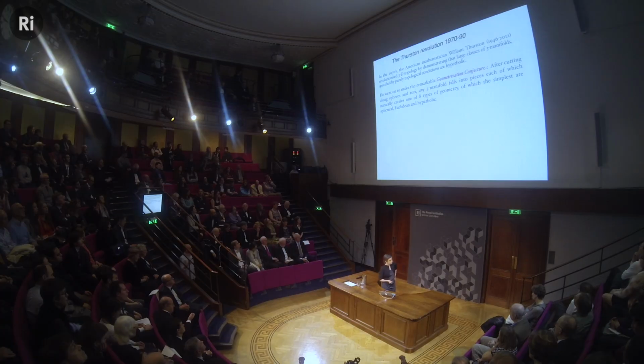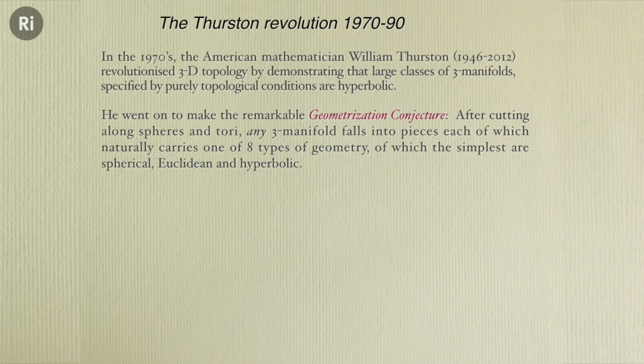So he then went even further, and he made something known as the Geometrization Conjecture. You might ask, is it possible that there's a way of putting geometry on every three-dimensional manifold? We could do it in 2D. Nobody before him conceived anything like this, but he conjectured, in view of all the things he'd already done and shown were hyperbolic, not that there was a particular geometry on every manifold,